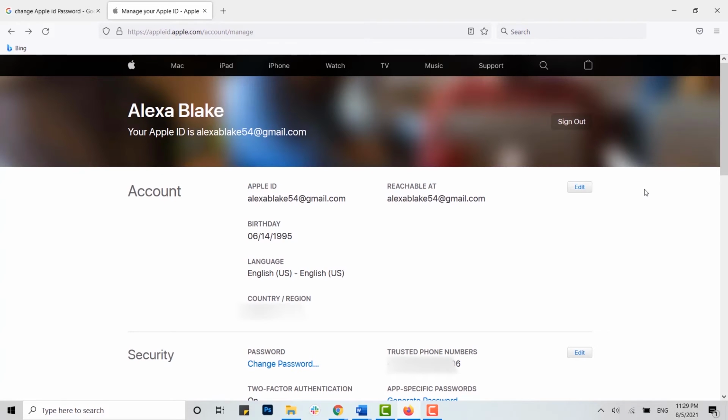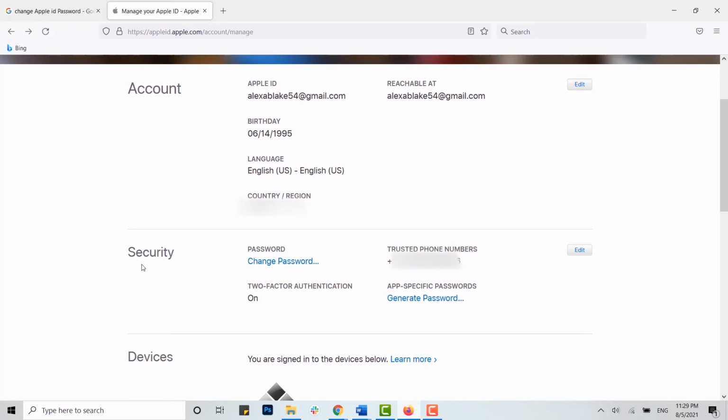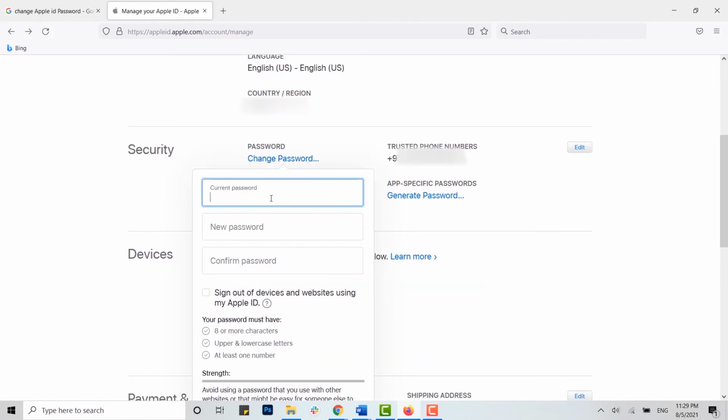Here inside the profile page, you will see the option of security over here. Inside security, you will get the option of changing the password. You just click on change password, and with that, you just need to type in your current password that you